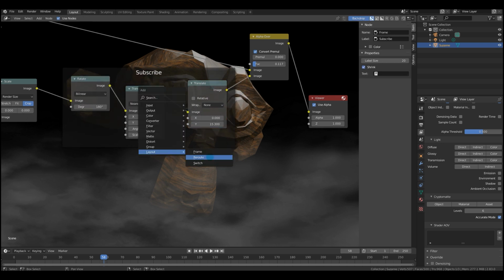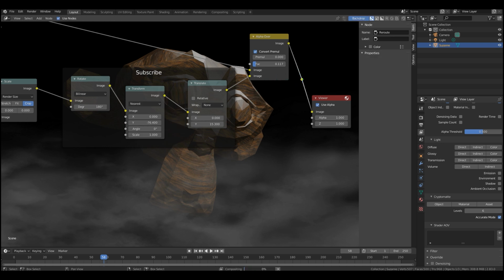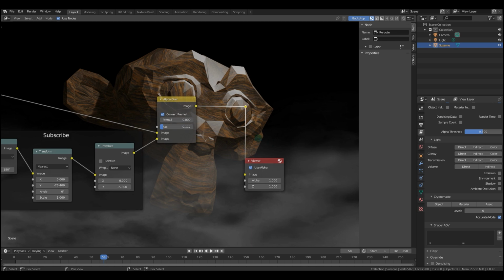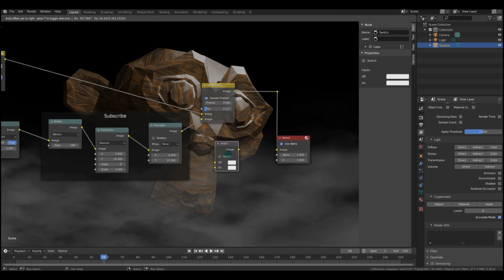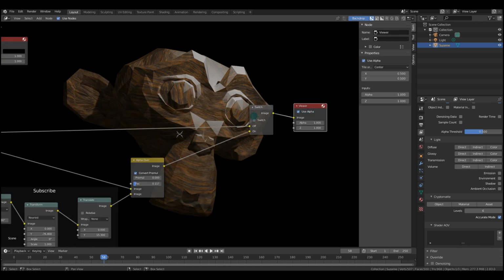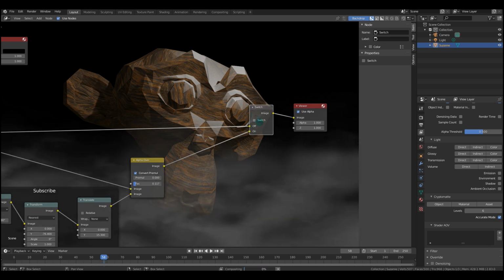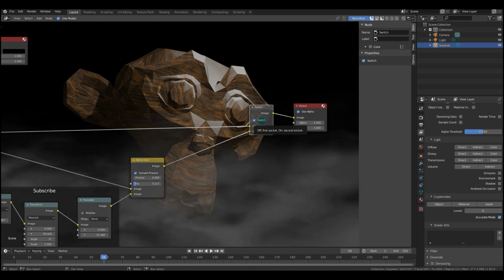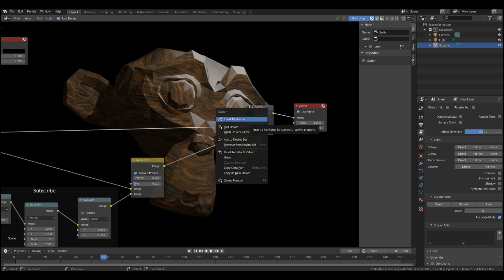Speaking of organization, we've got a Reroute node. This is like a subdivision of a node noodle. You just drag and drop it in, and you can reroute your node noodles all over the place. And finally, the Switch node. It takes two inputs and outputs either one of them based on whether this switch checkbox is checked. You could use this to compare between results, or if you want to bypass node groups for certain sequences, seeing as this switch can be animated by right-clicking or pressing the I key.